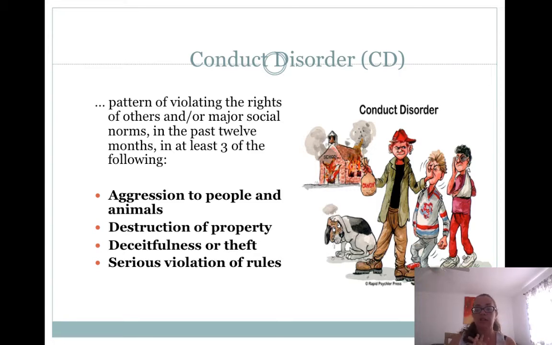So this is a child, often you'll see like in elementary school, the kid is just difficult, constantly getting into trouble, constantly getting into fights, bullying other kids, stealing little things here and there. And then if the kid doesn't get help, then when they hit teenage years, now it's full-blown conduct disorder. And this is the kid that's getting arrested, taking drugs, beating up other people.